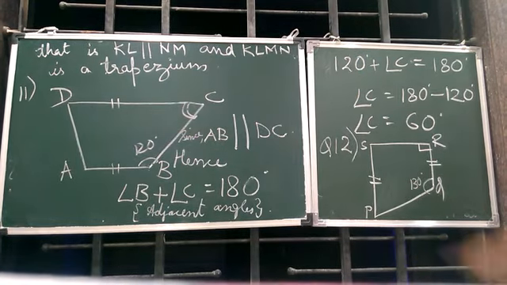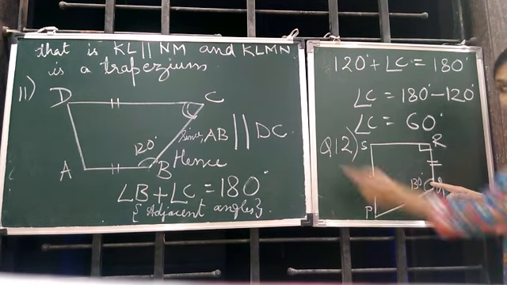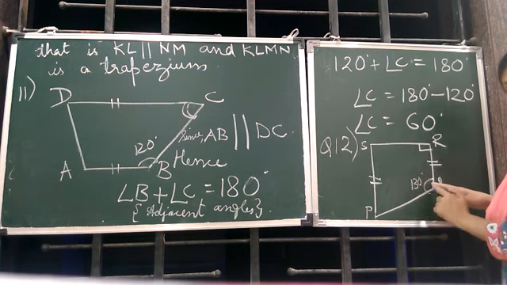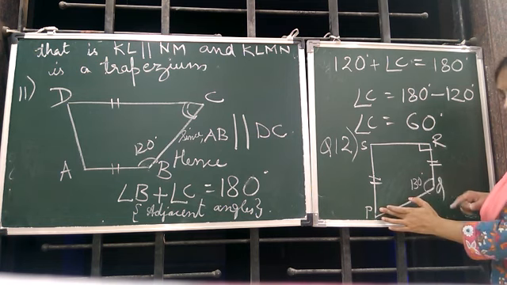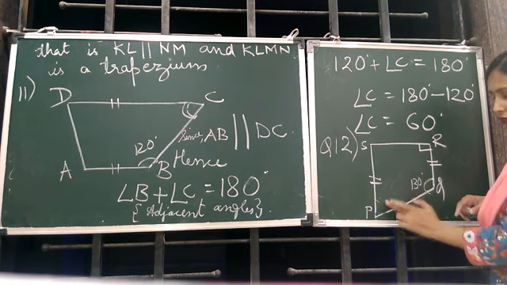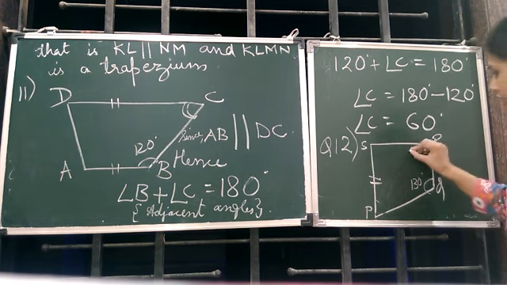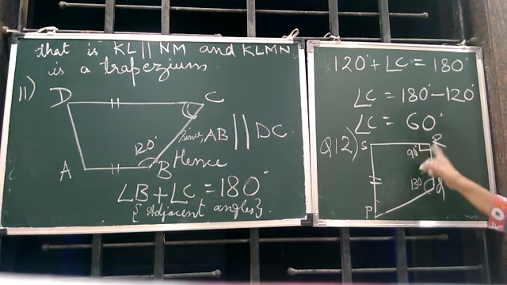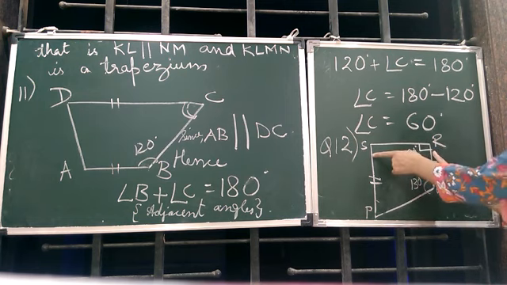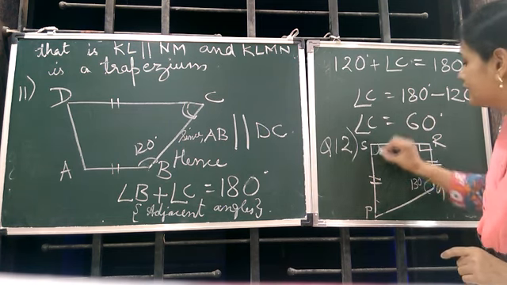Now since these two lines are parallel, this and this angle will be again what? Adjacent. These two angles will be adjacent and their sum will be what? Their sum will be 180 degree. That means adjacent angles are supplementary. Got it? That's how we will get the value of P. Okay. And this is 90 degree. Now since this is 90 degree, this is 90 degree, adjacent angle. So they are also again supplementary. That means 90 plus 90 will give you 180. That means this is also 90.